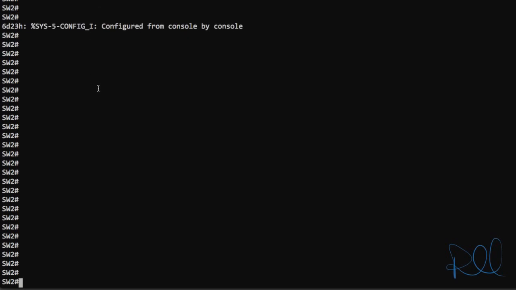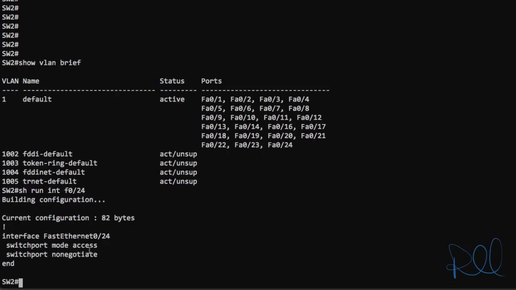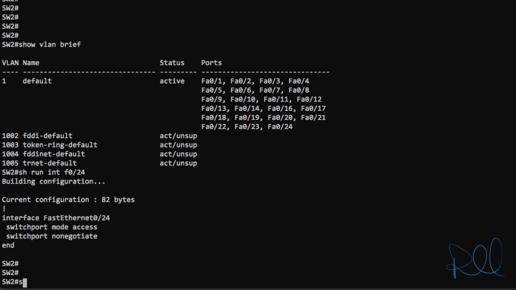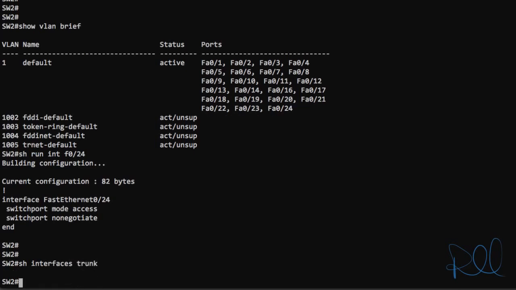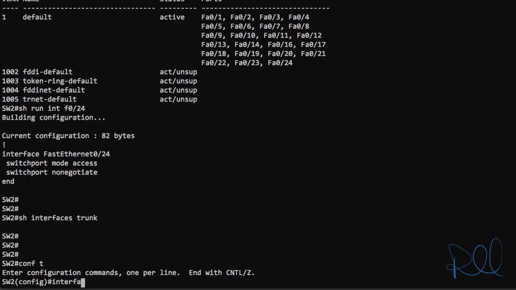So now I'm consoled into switch 2, and if we do a show vlan brief command, interface 24 is part of the default VLAN 1. We'll do a show run interface port 24, and it is actually configured as an access port. We'll see if there are any trunk ports on the switch by issuing show interfaces trunk, and we have none right now. So let's go into global configuration mode, and go into interface configuration mode for port 24 with interface FastEthernet 0/24,